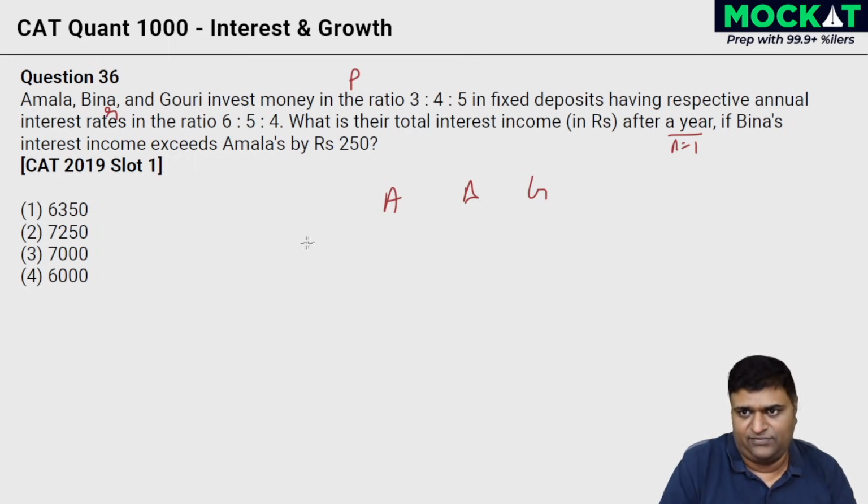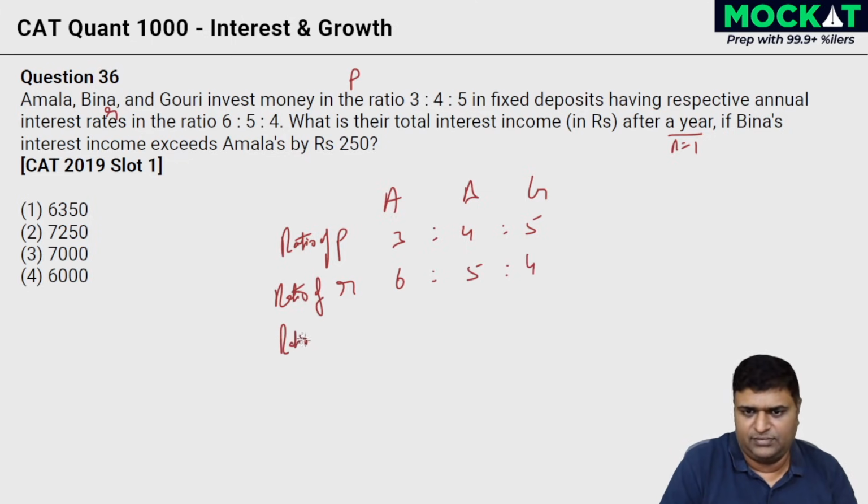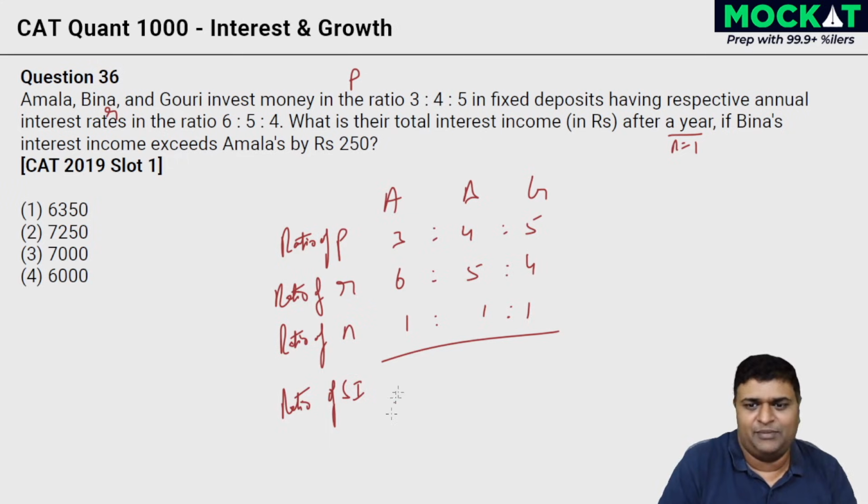If you have the ratio of the principal given, which is 3:4:5, the ratio of R given 6:5:4, and the ratio of time, I think some example number 6 or 7 in the lesson, 1:1:1. If you multiply these P, N, R by 100, the ratio of simple interest is nothing but the product of these divided by 100. The divide by 100 doesn't matter in the ratio. The product of these gives us simple interest. Just multiply them. 18:20:20, right? Which is